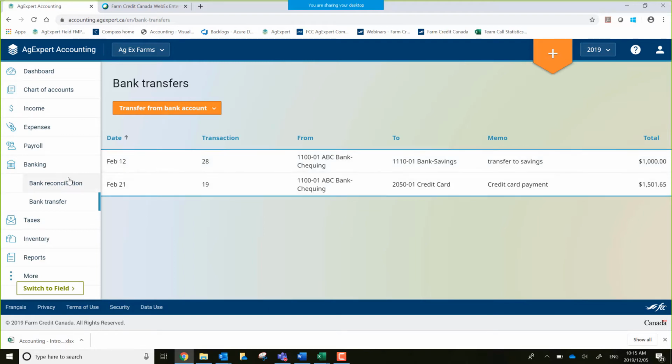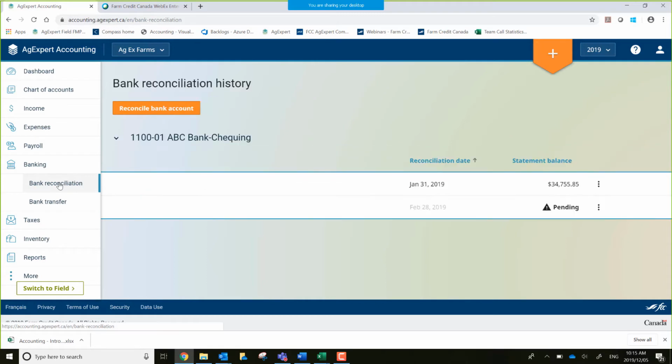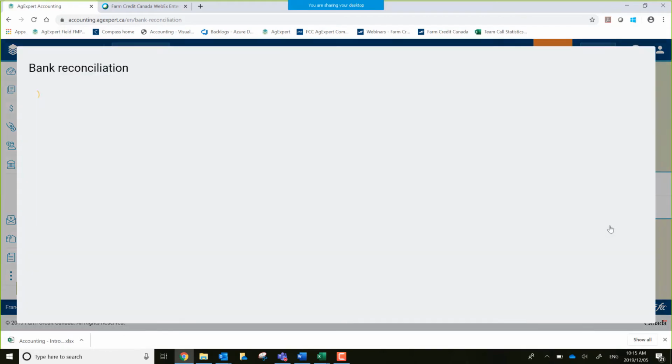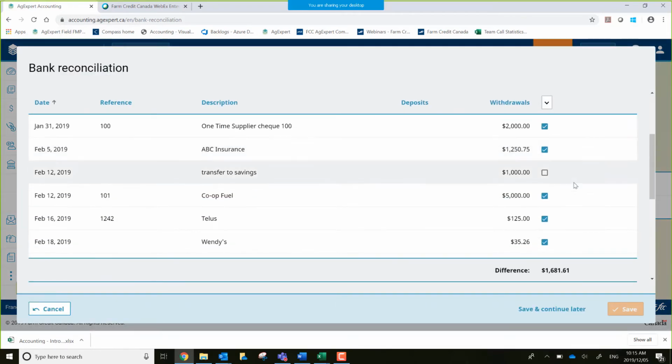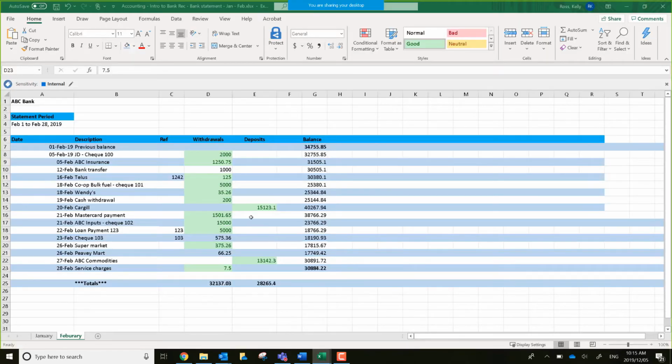Now let's go back to our bank reconciliation. We'll resume that pending one here and continue the reconciliation. And there's our $1,000, so we'll select that. Go back to our bank statement, select our $1,000 there, and clear that item off. Now if I look through my actual listing here, it looks like we are missing check 103 for